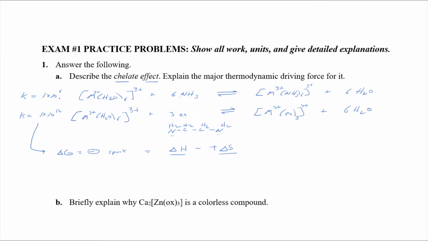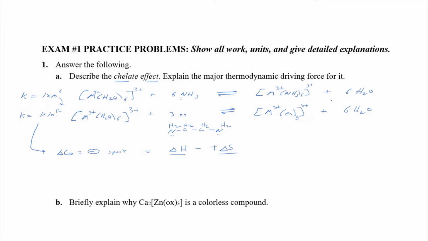You look at this K, and you're like, oh my God, that is 1 million times more favored. I mean, look at that. Going to 10 to the 6th, 10 to the 12th, six decimal places, that's a million. So if you look at what's going on here, you can say it's either being driven by delta H or delta S. And in this case, you're popping off water or aqua ligands that are bound through the oxygen,